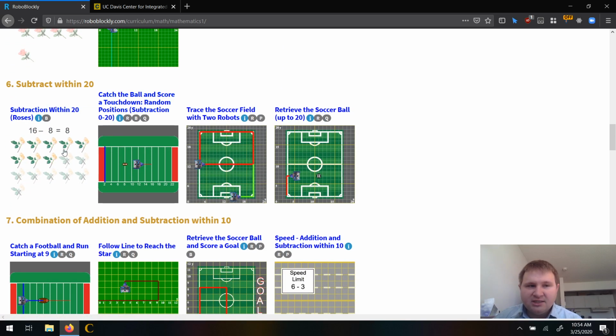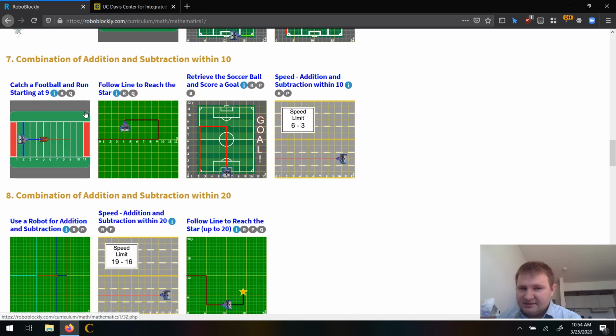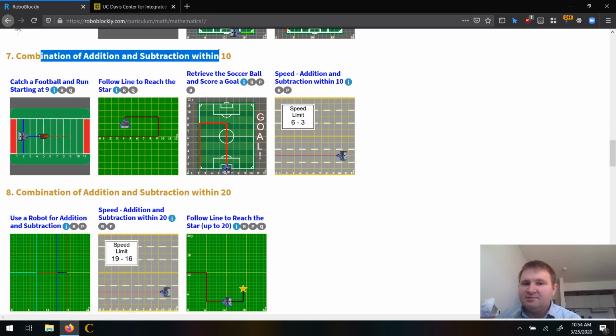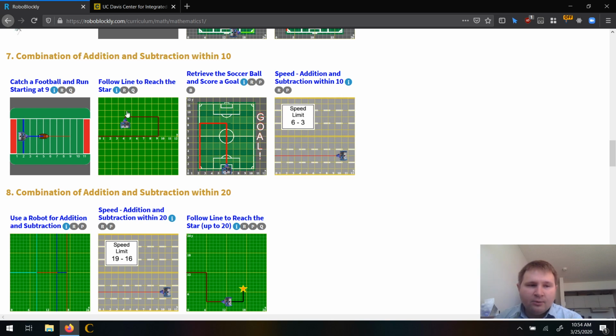Subtraction within 20, just expanding upon that into higher numbers. Combination of addition and subtraction within 10. We're starting to build a little bit more scaffolding here and build up. And so we have things like follow the line to reach the star, where we're starting to add a little